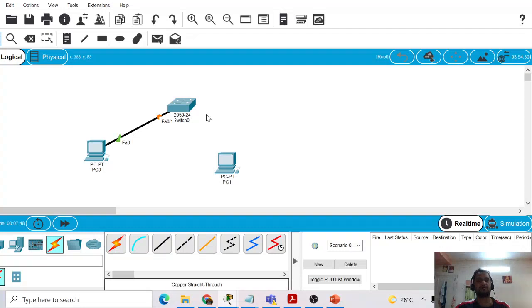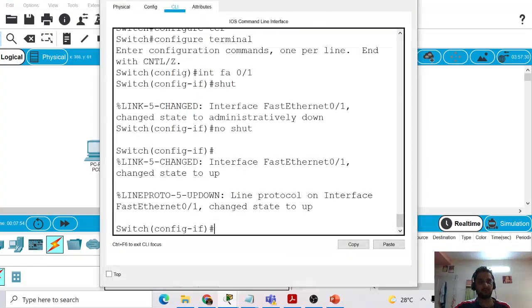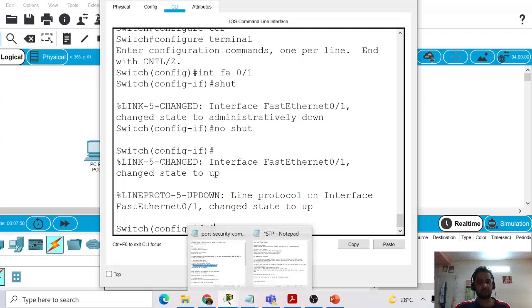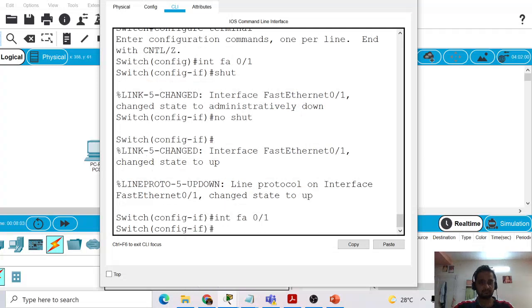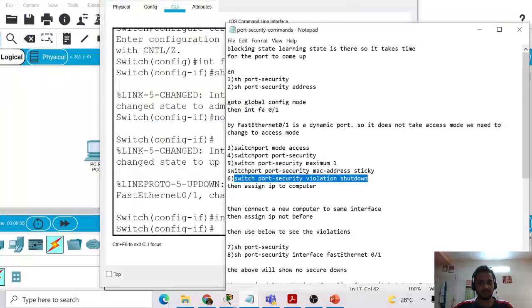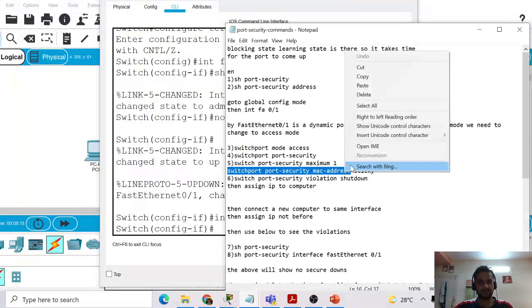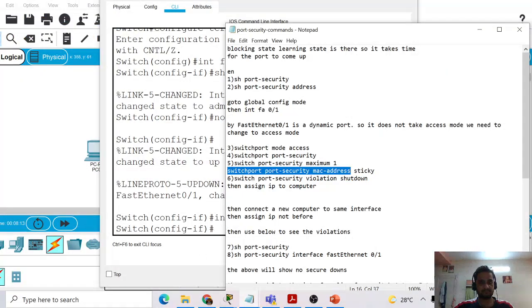So now it's up. Now let's do one thing, let's give this manually. For that, it's the same process. We need to go to interface FA 0/1 and give the switch port MAC address manually.